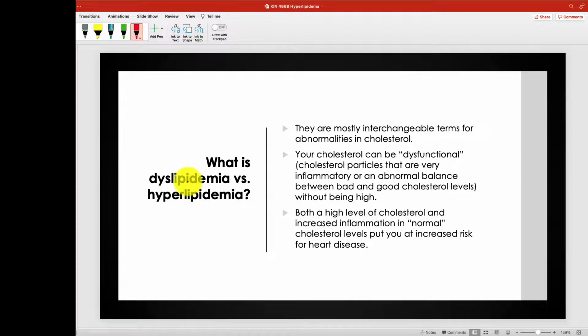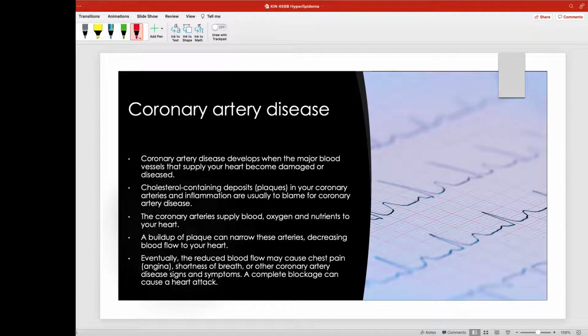You can read this. I don't have to read that to you. What I do want to tell you is that coronary artery disease is very, very strongly associated with the consumption of saturated fats and elevations of LDL, because the more LDL that is circulating and the more plaque that is forming in the blood vessels, the more likely that LDL is going to be oxidized and help kind of create